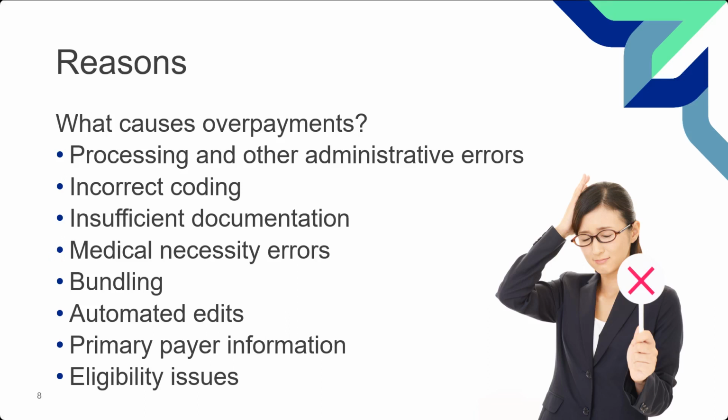Now we're going to hit the big two, primary payer information. In other words, there's a primary insurance to Medicare and something's wrong with the information submitted or it wasn't submitted at all. Another option with this would be when Medicare discovers that there's a primary payer, but we don't have all the information. So an investigation is open. This can stop payments from happening or create overpayments while we begin to investigate. This process is the Medicare secondary payer process under the Coordination of Benefits System, COB.